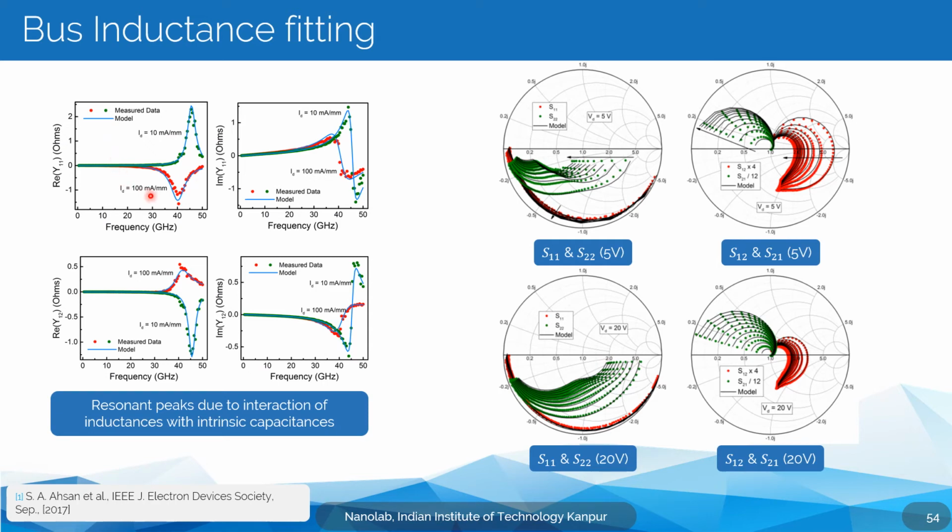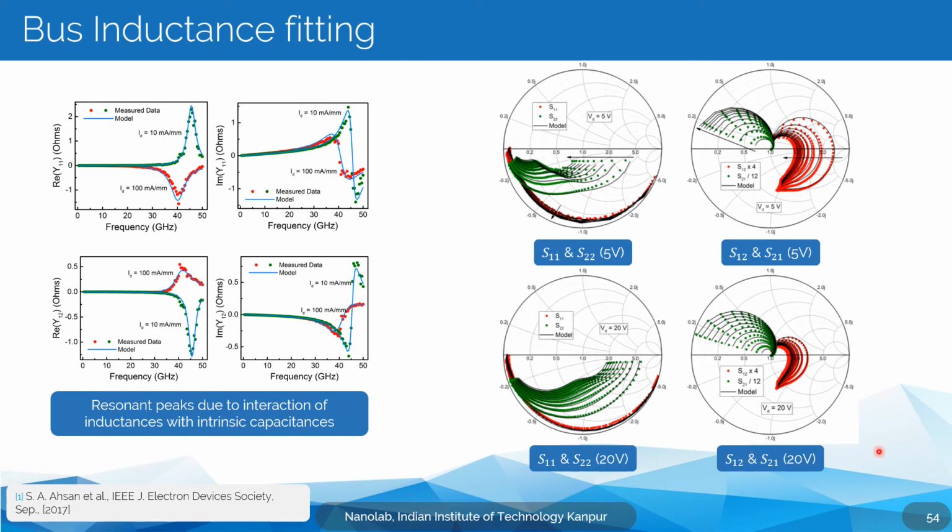Now this is the inductance fitting I was talking about. The inductance values, we tune them at a very high frequency, in this case almost around 40 to 50 gigahertz. Once you have your core model and you have de-embedded your manifolds, all that's left to do is tune those inductance numbers so that you get these peaks right. And as you can see, it's a very good overlap with measured data. Just after doing this, if you compare your S parameters to your measured data, you'll see an almost perfect fit,